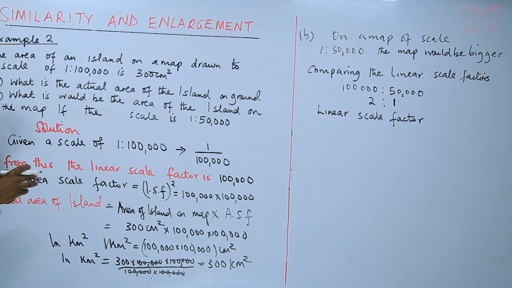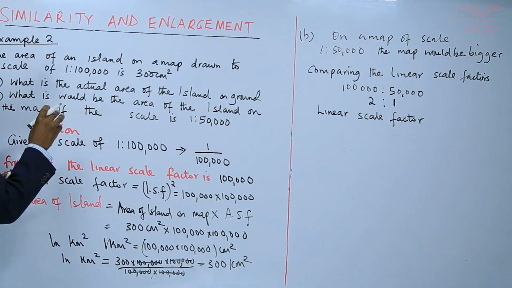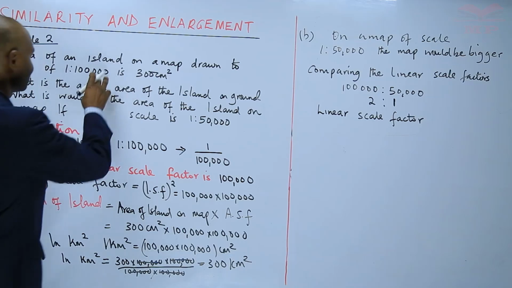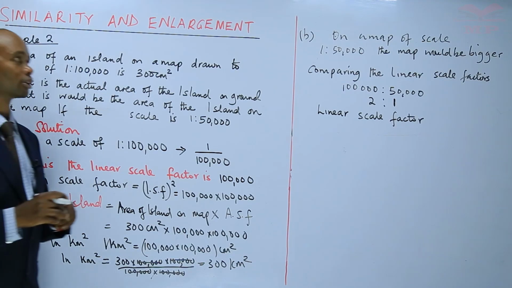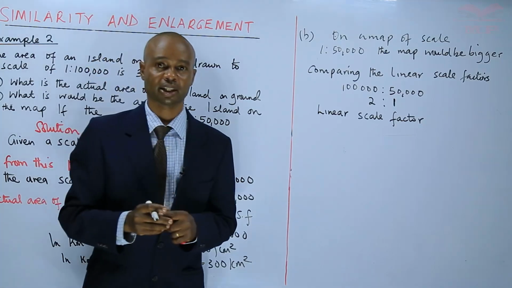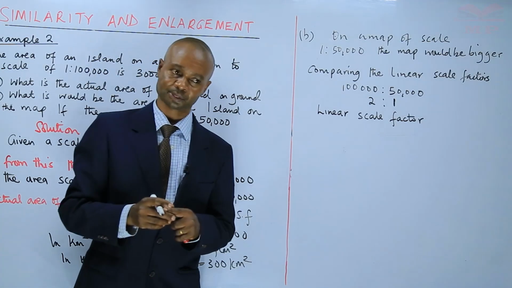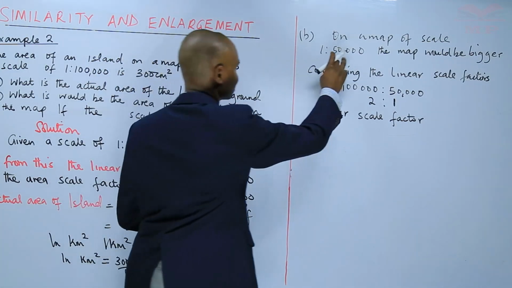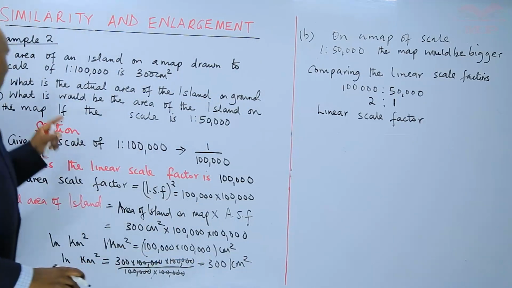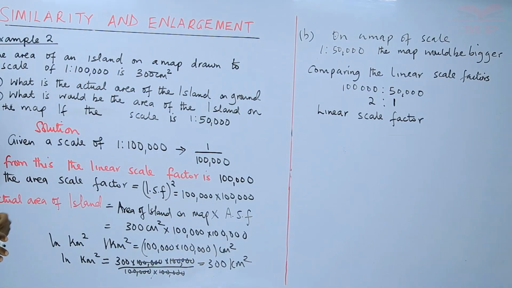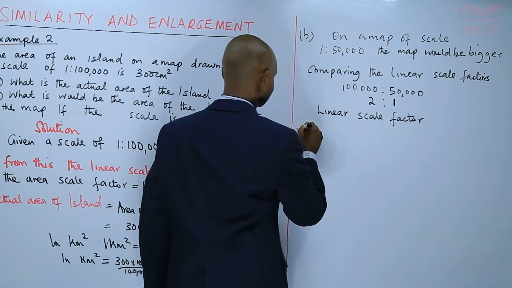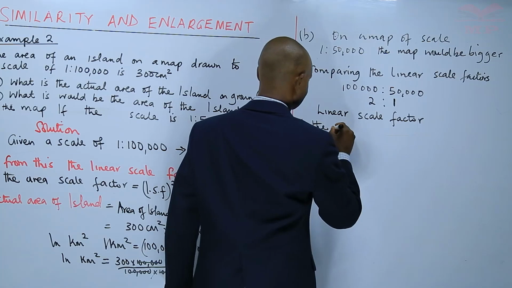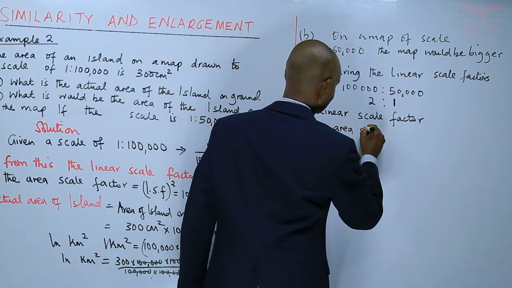The same map drawn to a scale of 1 to 100,000 and another drawn to a scale of 1 to 50,000: the second would look bigger because one part is representing 50,000 here, and here it is more fractionalized, made much smaller. So that one will be bigger, and therefore the area scale factor